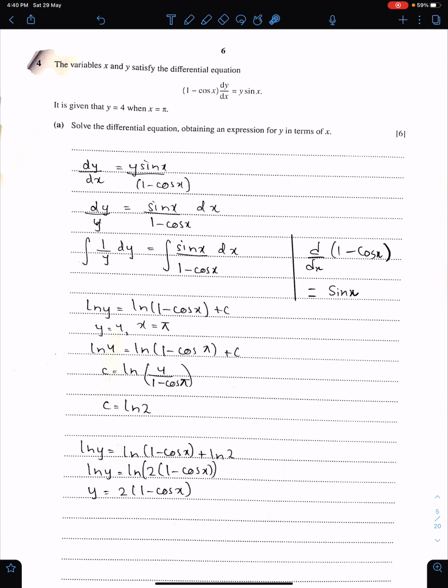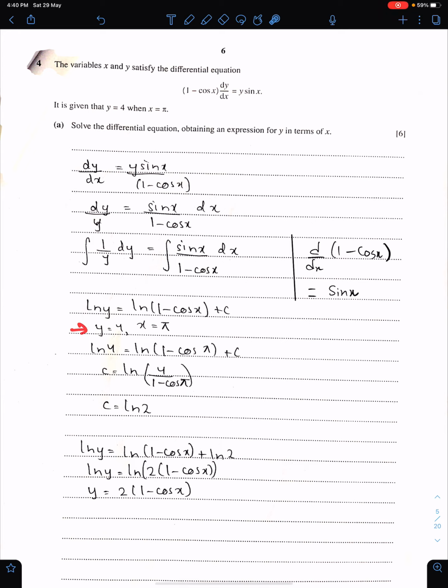Now by taking sign of integral on both sides, we have this equation. See, when you will integrate 1 upon y, you will get ln y. The differential of this denominator of this function is sine x, which is here. So this is the application of basic formula number 2. So you just need to use ln. So ln 1 minus cos x plus c.